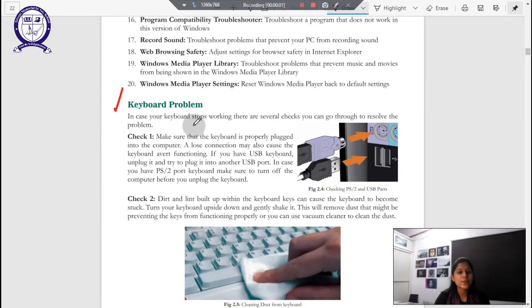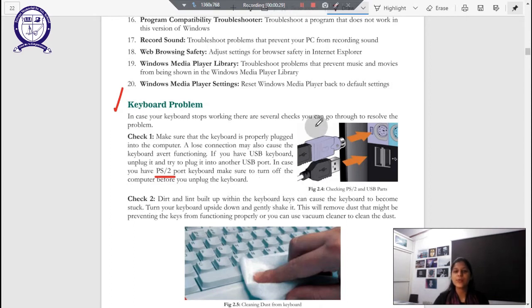So in case your keyboard stops working, there are several checks you can go through to resolve your problem. Make sure that the keyboard is properly plugged into the computer. A loose connection will also cause the keyboard to stop functioning. If you have a USB keyboard, unplug it and try to plug it into another port. In case you have a PS/2 port, make sure to turn off the computer before you unplug your device.